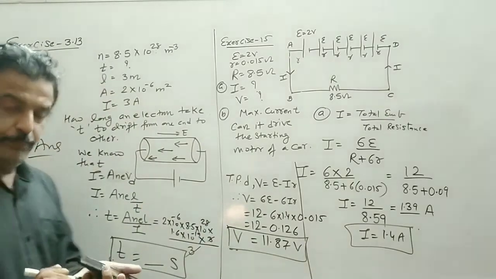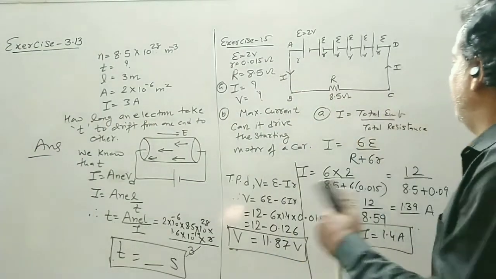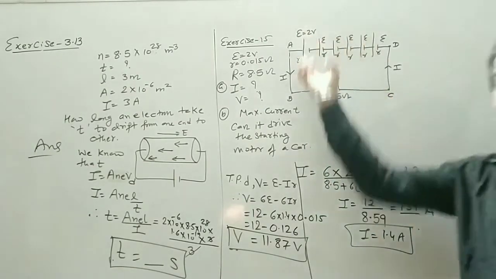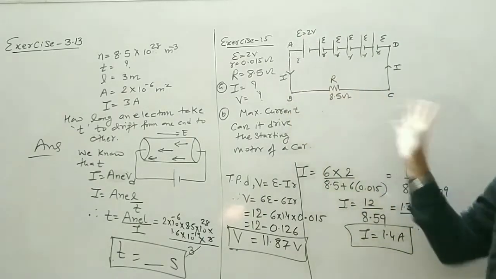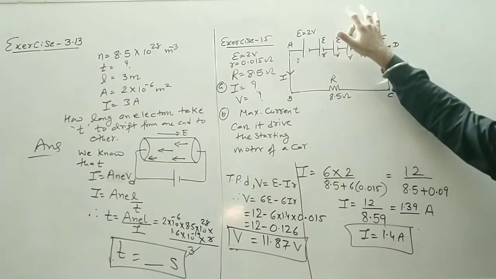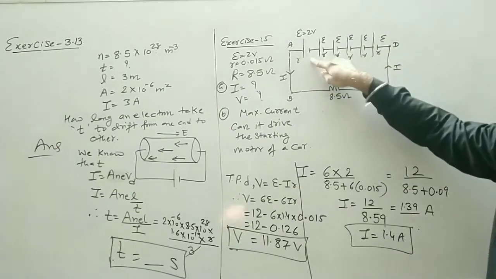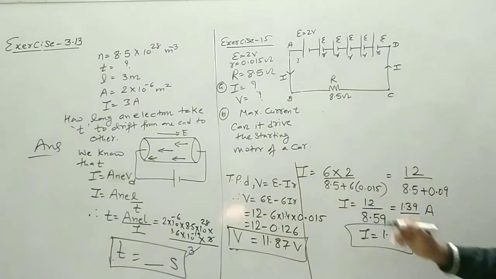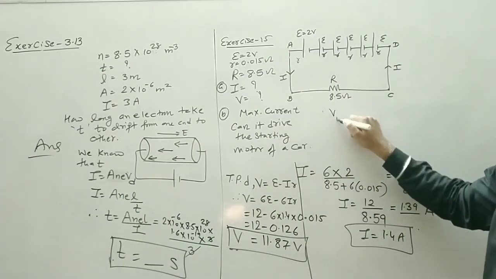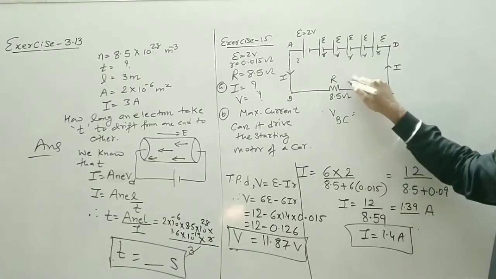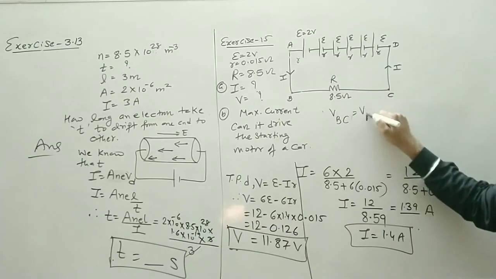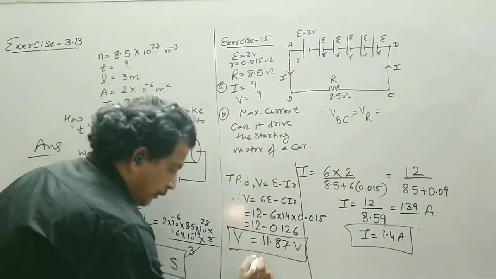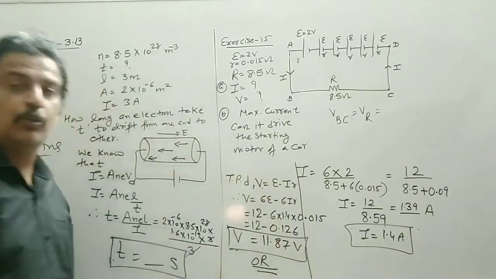Now here we have used the formula where the cells are being discharged. You are drawing the current from the cell, and when we draw the current from the cell, all the cells are being discharged. And if you give the current to the cell, then the cell is being charged. So one method is this, or simply, if I know the current, the potential difference across BC, that is the potential difference across the external resistance. So there are two methods. Either you find out with the discharging of the cell concept.